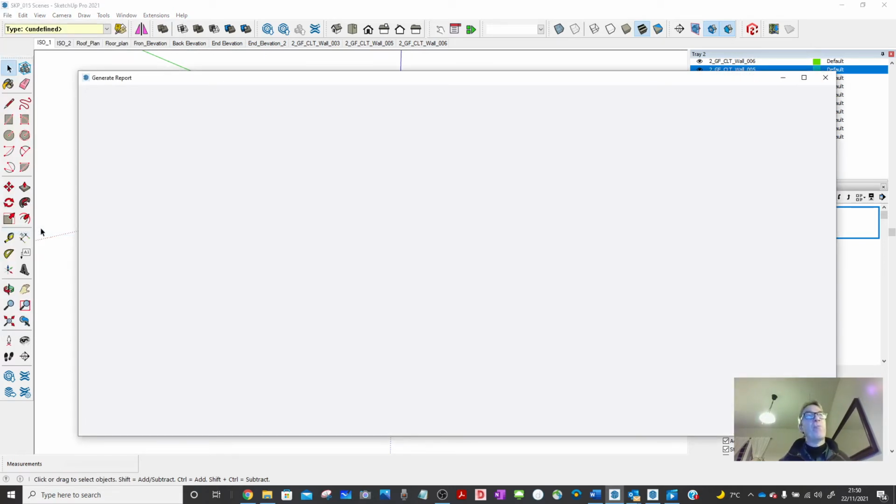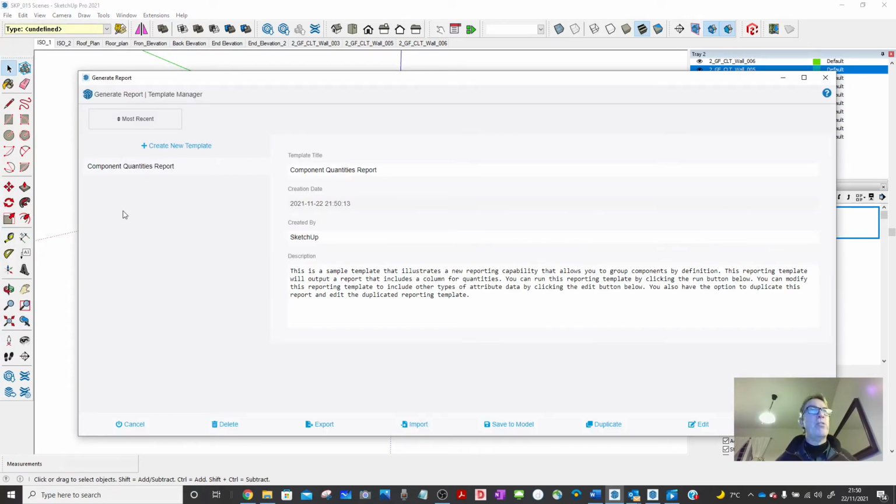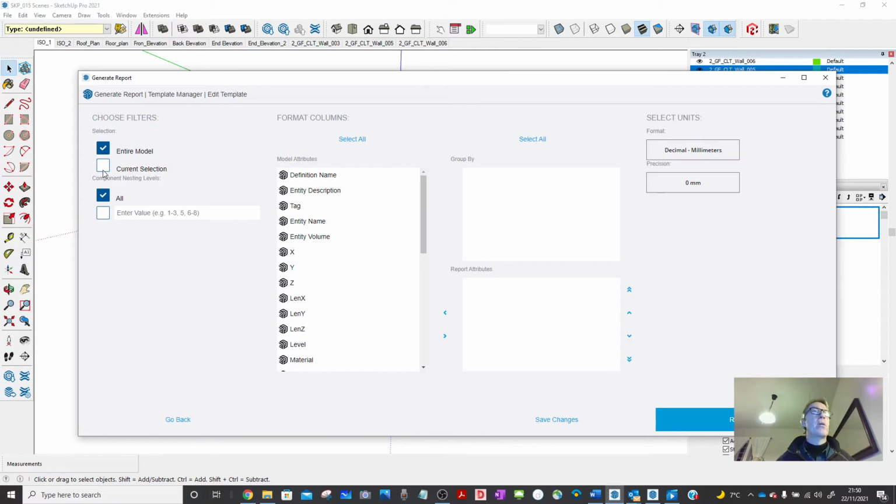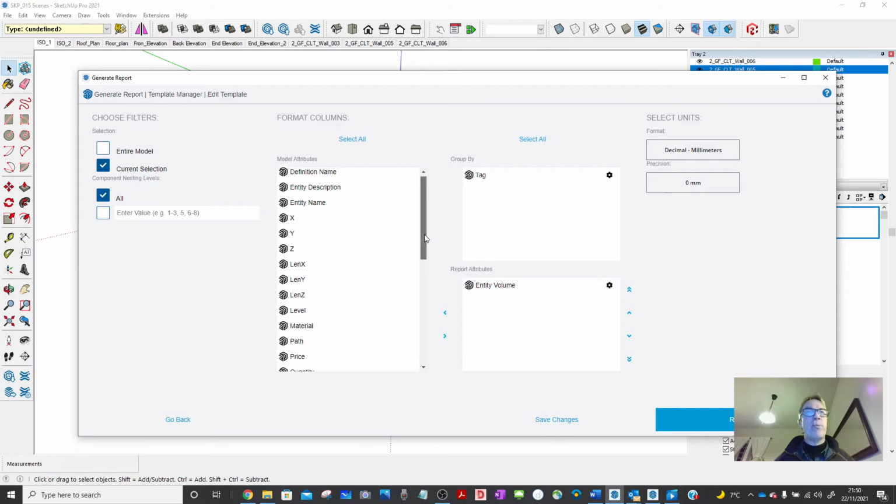I've shown you this before, but there's no harm in showing it to you again. We'll create a new template. We'll say current selection only, we're going to group everything by tag or by layer, and then what I want is entity volume, and we'll also have the mean